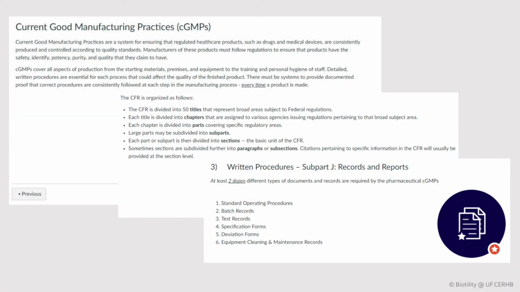The CGMP overview, again, is a review of good manufacturing practices and all of that content that is related to working in a regulated environment. So here on this screen, you'll see a couple of screenshots of what some of that content looks like, an overview of the CGMPs, an overview of the Code of Federal Regulations and how to read the citations for each of those, an example of the types of documents that you might come across when working in a regulated environment, just all excellent information to know and going to be very useful for the students, not just for the exam, but as they move forward in their careers.